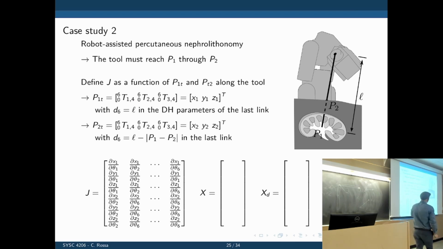So one constraint is P1, a 3D point with X, Y, and Z. I know where it's supposed to go, and I know where the tooltip is, at the very end of the tool. So I could define my cost function as being the distance between the tooltip and P1